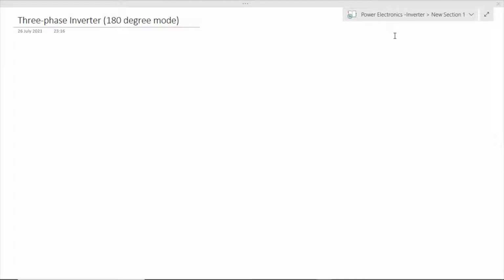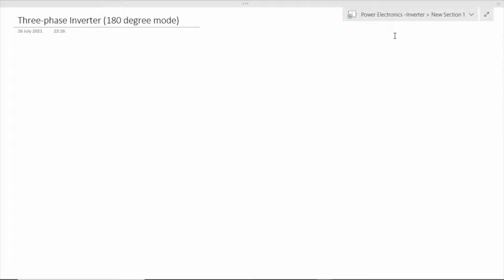In the previous lecture, we have learned about a single phase inverter. So we have learned about half bridge circuit and a full bridge circuit. And now we need to see a three phase inverter, which is the last unit of power electronics subject of fourth semester students. So the first thing to look into a three phase inverter is the circuit diagram.